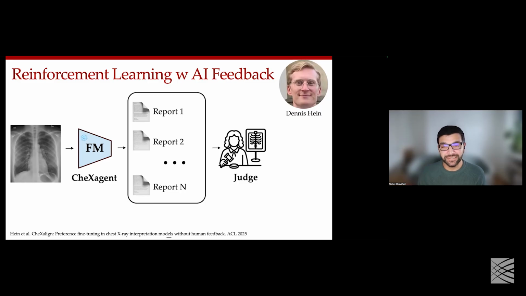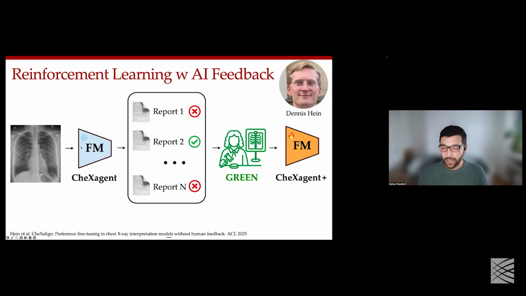But then what if we replace this human judge with some sort of automated system like Green, which can automatically look at the original report and all these candidate reports, and then provide feedback that one of these reports is optimal. And now, once we have this understanding of which report is actually optimal, we can go back and we can update our generator model in the first place to create these reports that are preferred by the language model.